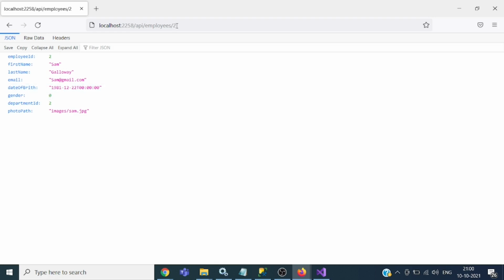Similarly, we can get the details for all the employees. So we have an API which is retrieving the data for the employees. We have two actions. One is for the list of all employees, and another one is the details of a specific employee.